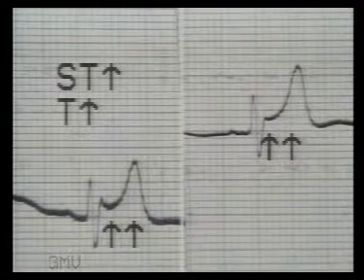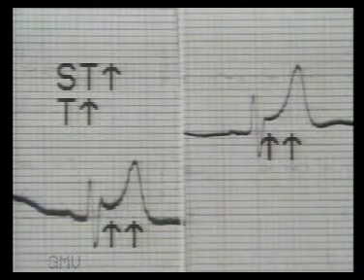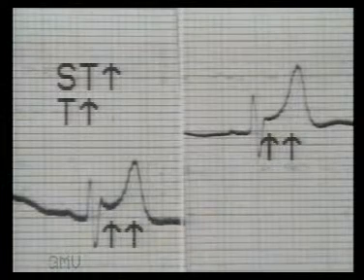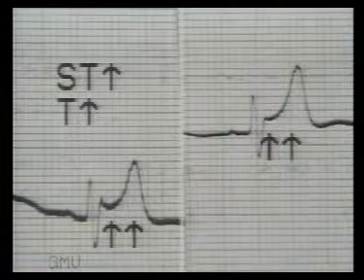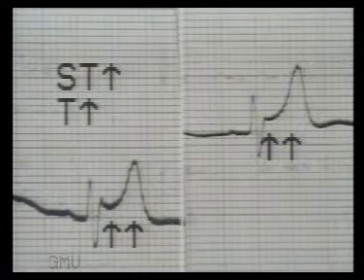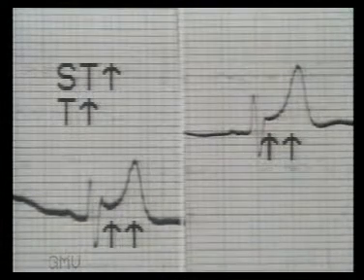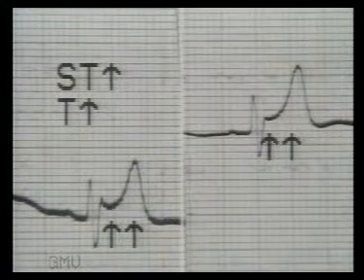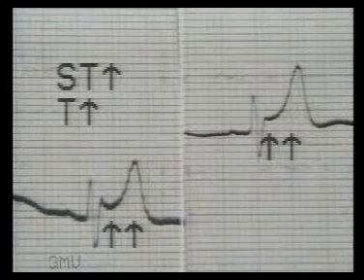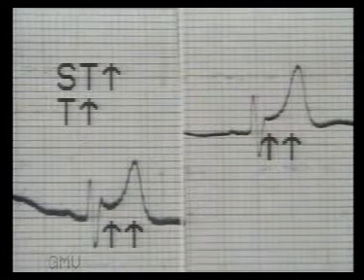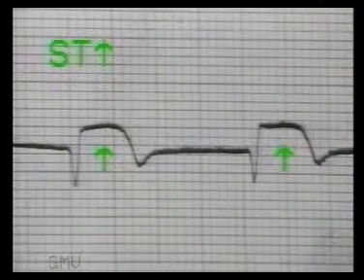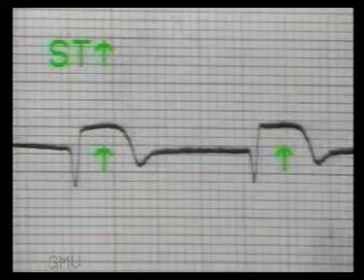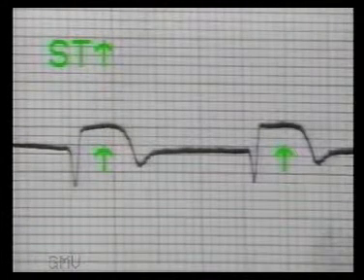When an infarct occurs, the first change to appear in ECG is an elevation of ST segment with tall peaked T wave. This appears within a few minutes or may take a few hours to be seen, which means that an ECG taken immediately after the onset of chest pain may be normal, and it must be repeated after a few hours if clinically myocardial infarction is suspected. Note the ST segment elevation of about 3 mm in this ECG.